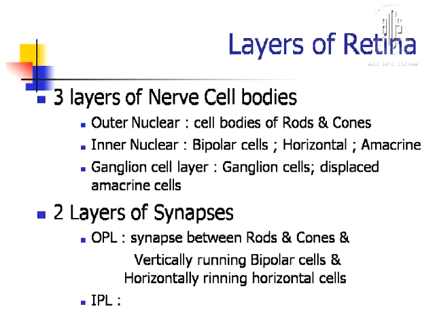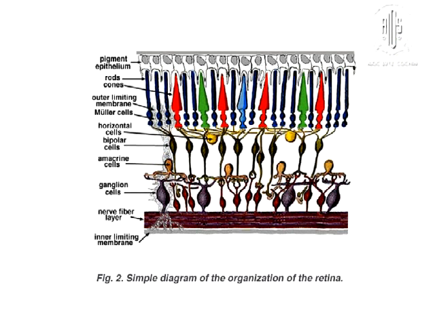As of today, we see OCT based on 3 layers of cell bodies and 2 layers of synapses. Cell bodies are outer nuclear, inner nuclear and ganglion cell, and synapses are between corresponding layers. This is how a normal anatomy looks, starting from RPE way down to internal limiting membrane. This grey thing is the Muller cell. These are the 3 layers: the rods and cones, the bipolar cells and the ganglion cells.